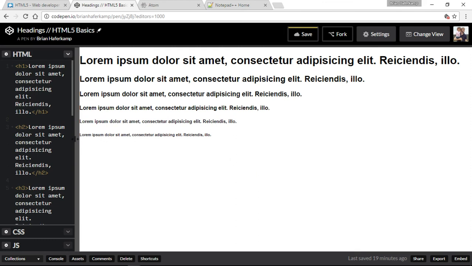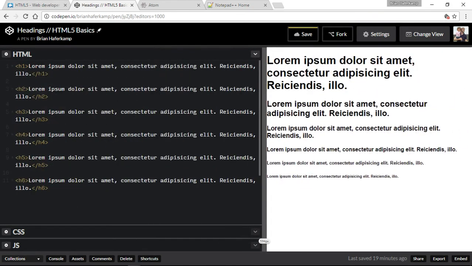Now these are important because the H1 tag has more importance than the H6 because it's the higher tag, it's the higher part of the hierarchy. So your H1 tag is usually reserved for things like your site name or your main site tagline, things like that. Things that are very important to the page,